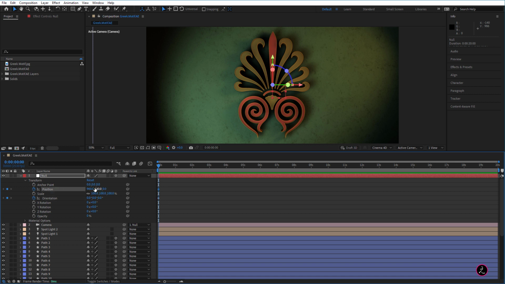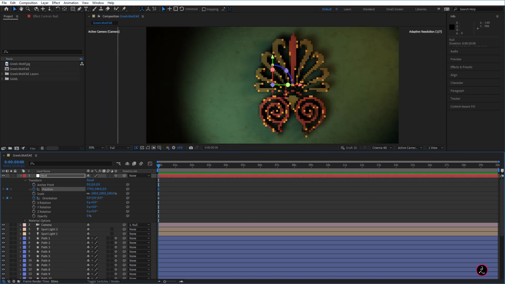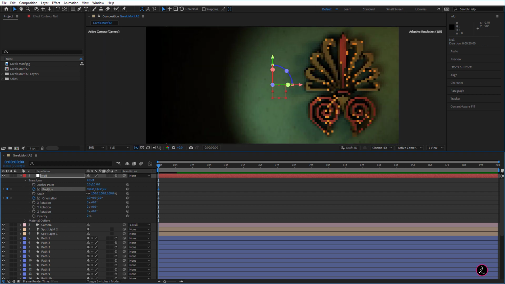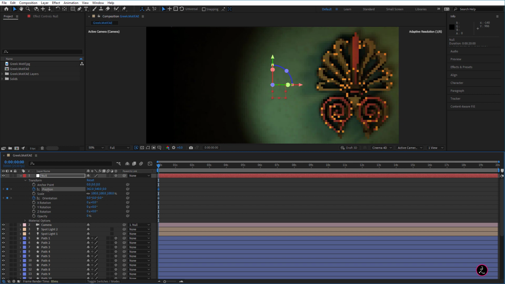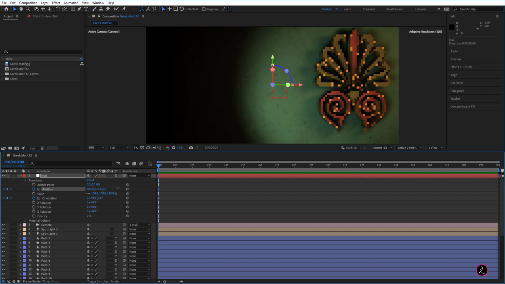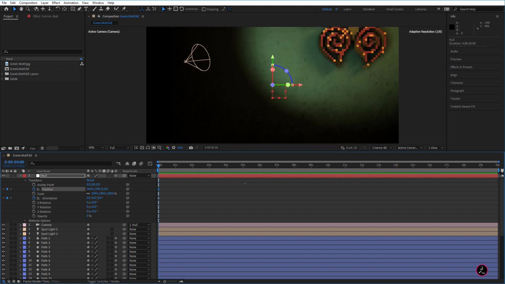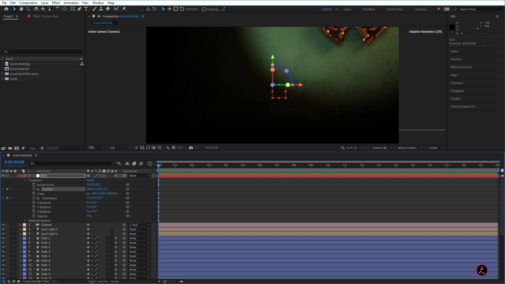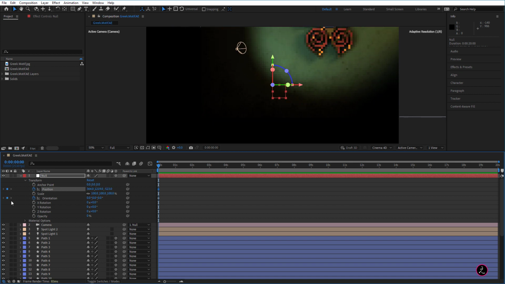For the position, let me go ahead and change the properties for all the X, Y, and Z. So for example, for the X, I'm just going to push this on the side a bit. All right, say somewhere around here. For the Y, I'm going to push this up. This might be a little bit out of the way here. And for the Z, I'm going to push this back into space. All right, say somewhere around here. All right, so that is the first on the position.